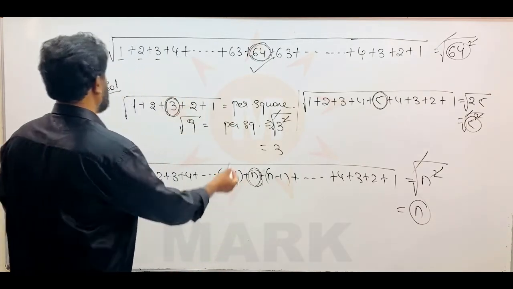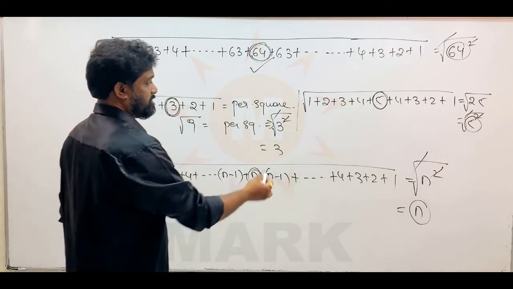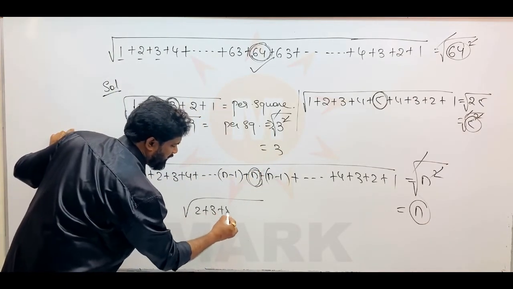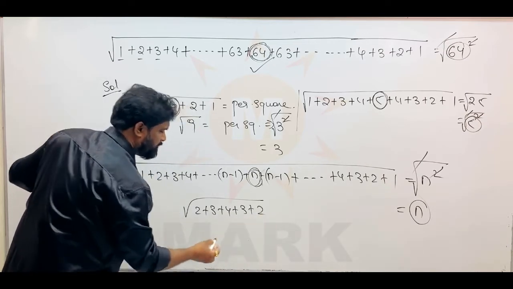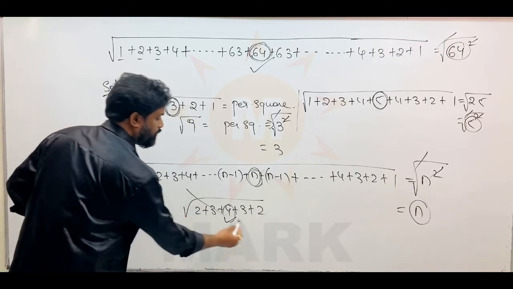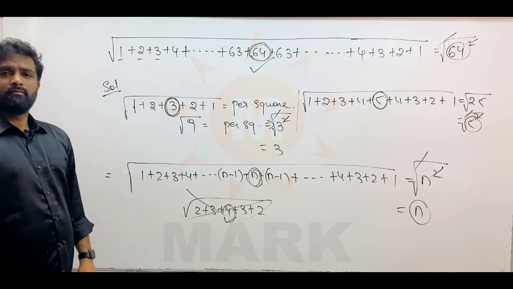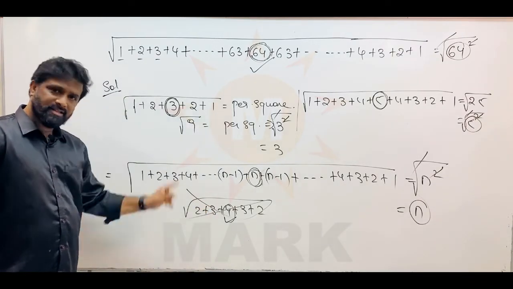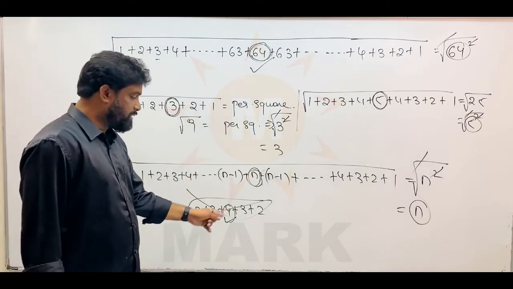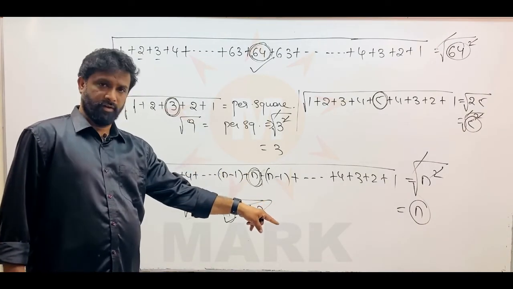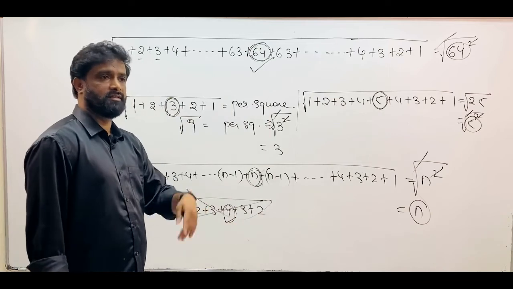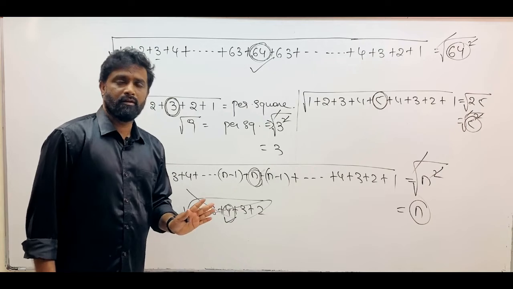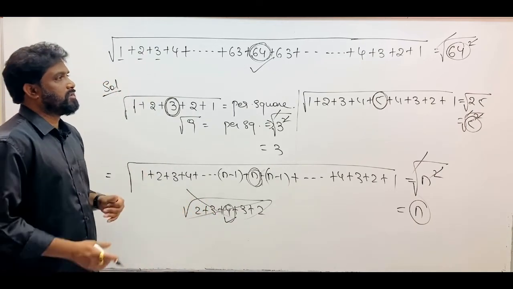Many students are getting confused. Some students ask me, sir, if I take a random margin, suppose 2, 3, 4, and again come back to 2, will it be equal to 4 square because 4 is the highest number? No. This rule is not applicable for these kinds of numbers. You must start from 1, reach a highest number, and again go in descending order up to 1. If you miss any number in the middle, at the first, or at the last, this rule is not going to work. Okay, so I hope you understood this question's logic.